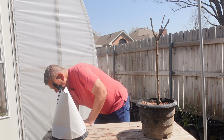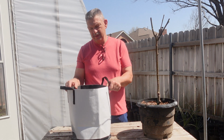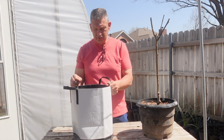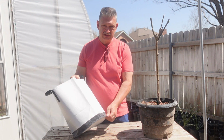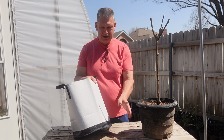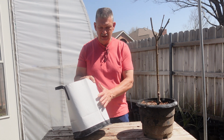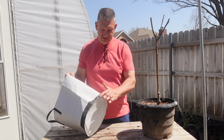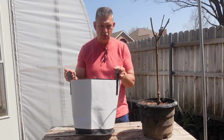So what you've got invested into your fig, spend another $5, put it in something that's going to grow a super healthy, good root system. And then the other advantage of this thing is it's white, so it protects it from the heat, where the sun's not beating down and killing the roots, because the black or the dark colored pots or containers will absorb the heat and it'll kill the roots on the sun side of the container. And then it also has a different type fabric across the bottom to allow for drainage,